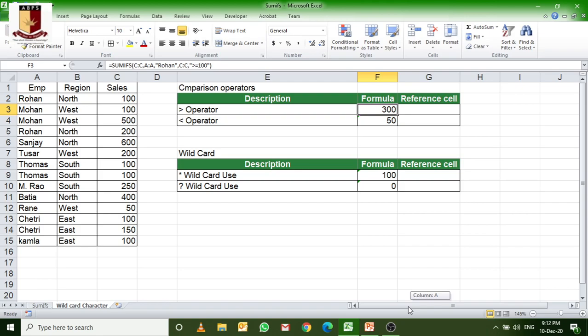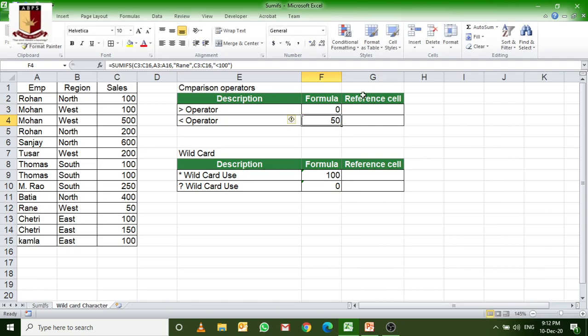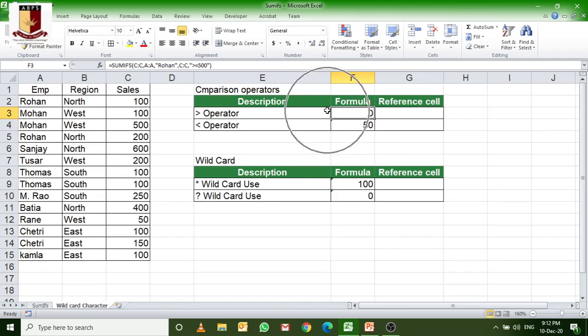Okay, now just check Rohan's data, here 100 and here 300. So the cells must be more than 100. This we tell in the formula. Let me change the formula. Suppose we do this 500. Just check, 0 is coming. Why is this 0 coming? Because Rohan sold only 300.